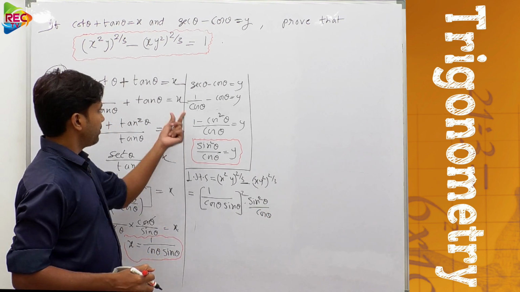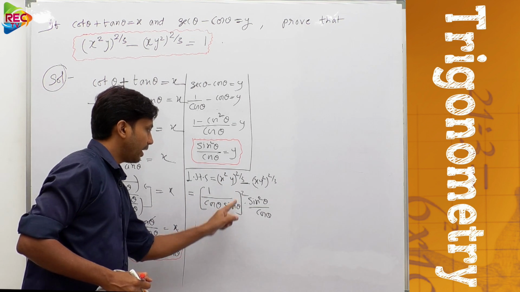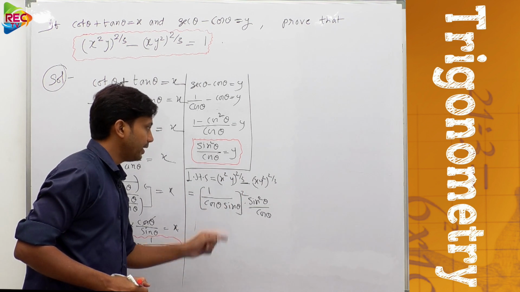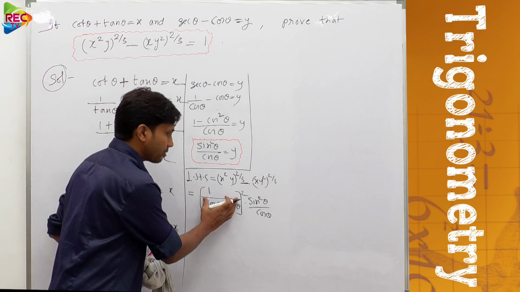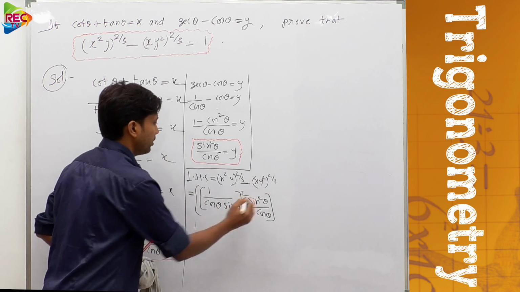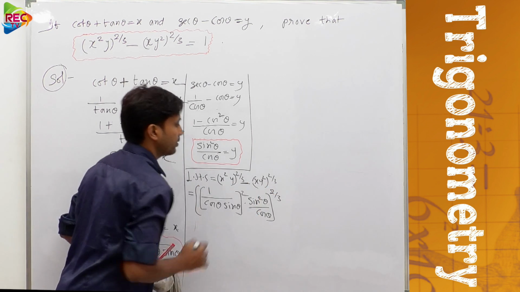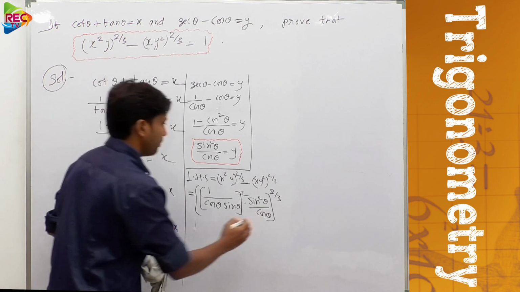Here we said x square y, no? This is x and this is x square. I put square, and the y value is sin square theta by cos theta. This is x square y. To this, whole power how much is given? 2 by 3. Whole power 2 by 3. Okay. Minus